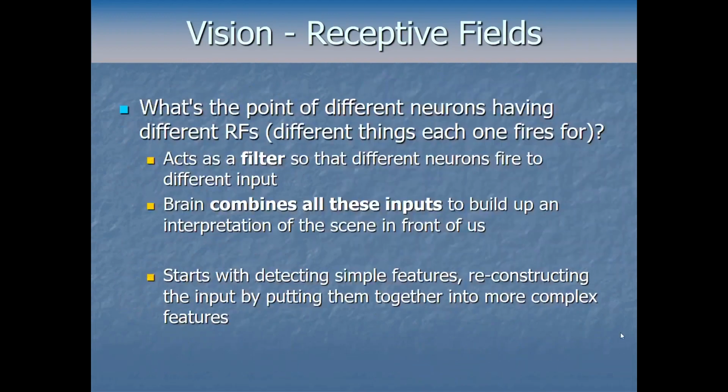So what's the point of different neurons having different receptive fields? Why are we talking about receptive fields? A neuron that fires for different things. Well, that allows it to act as a filter. So different neurons fire to different input. That means the brain can then combine all these inputs, like we saw with that V1 cell firing only for specific combinations of earlier, simpler input, so that we can actually start to recognize more complicated things by looking for